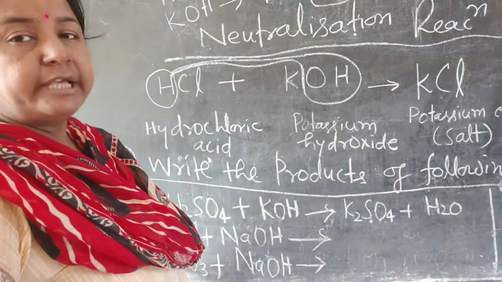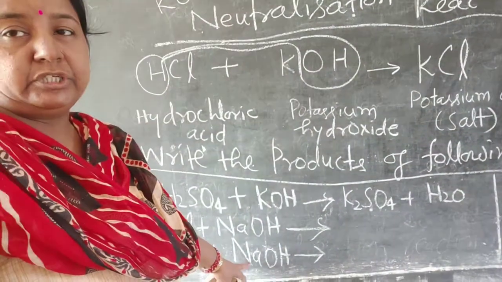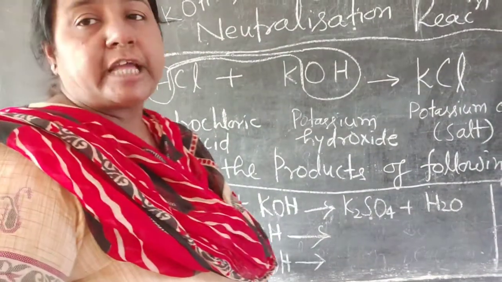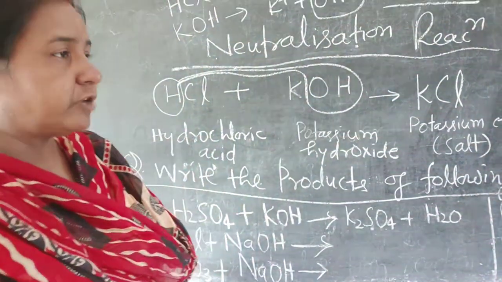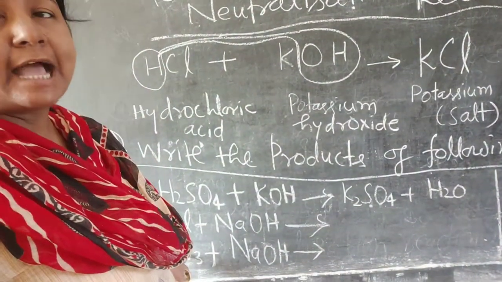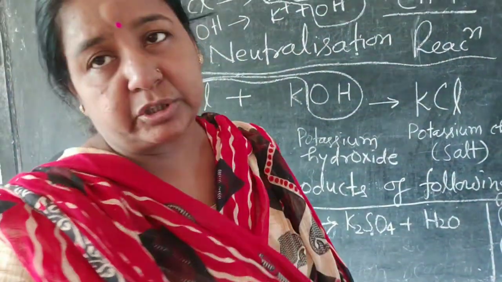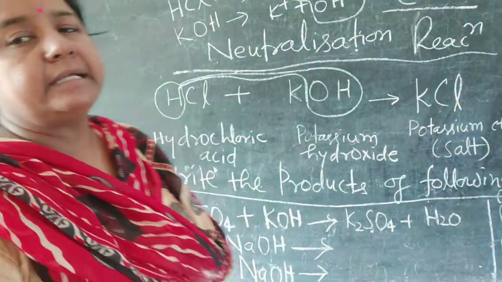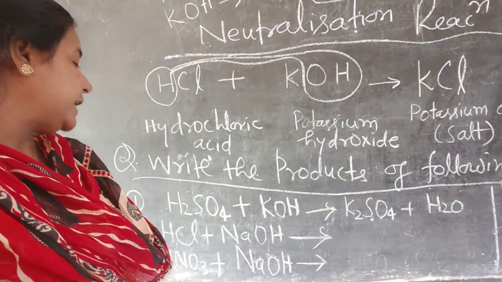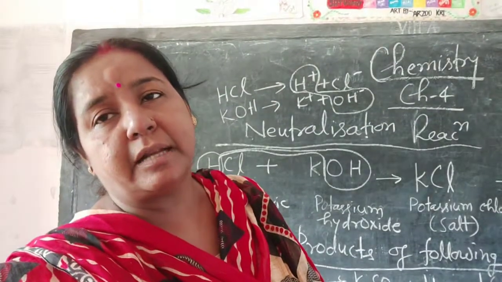Understand? Now HNO3, that is nitric acid, and here NaOH. The hydrogen ion of nitric acid reacts with hydroxide ion of sodium hydroxide to form water, and the remaining substances, that is sodium ion and nitrate ion, react with each other to form sodium nitrate, which is the salt. Now in this reaction, that is reaction between nitric acid and sodium hydroxide, we see that sodium nitrate and water are formed, that is salt and water are formed.